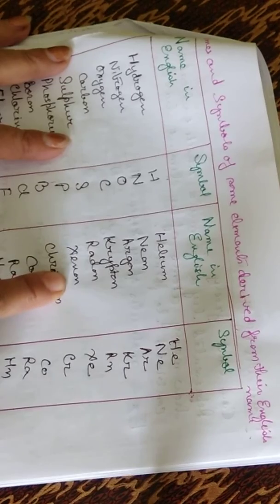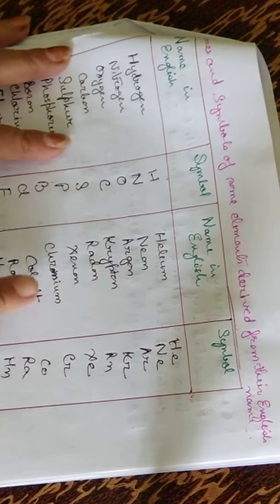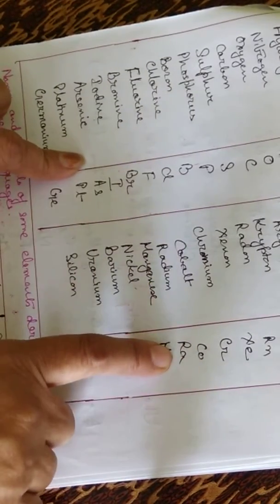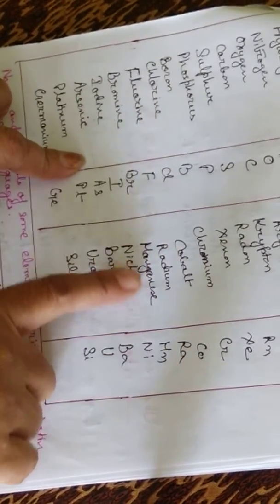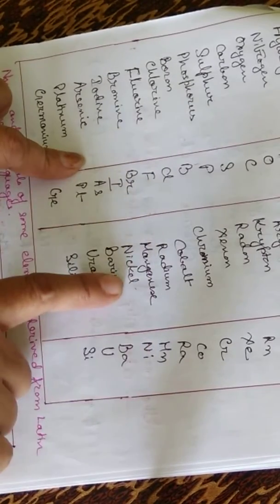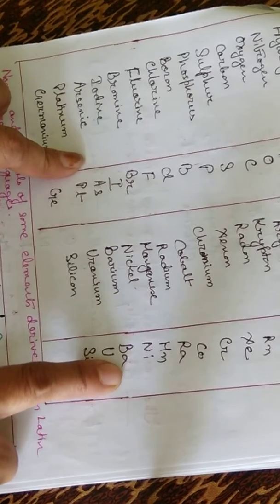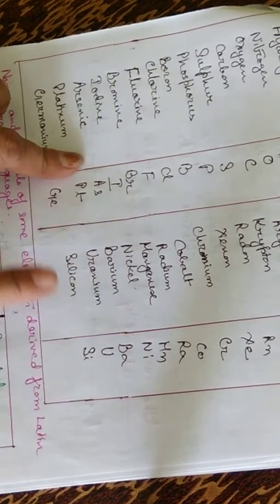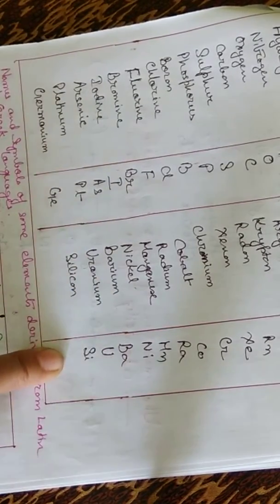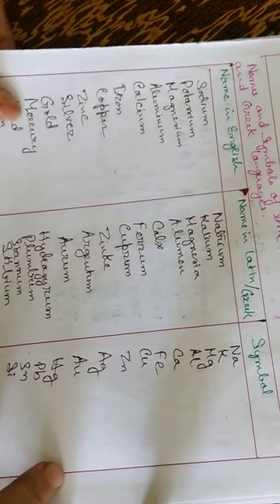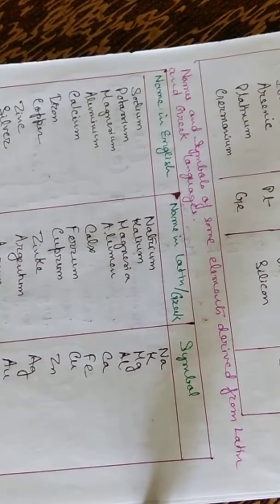n, xenon capital X small e, chromium capital C small r, cobalt capital C small o, radium capital R small a, manganese capital M small n, nickel capital N small i, barium capital B small a, uranium capital U, silicon capital S small i. Now the names and the symbols of certain elements which are derived from the Latin and